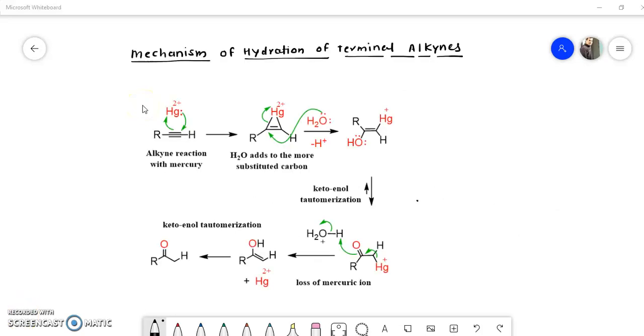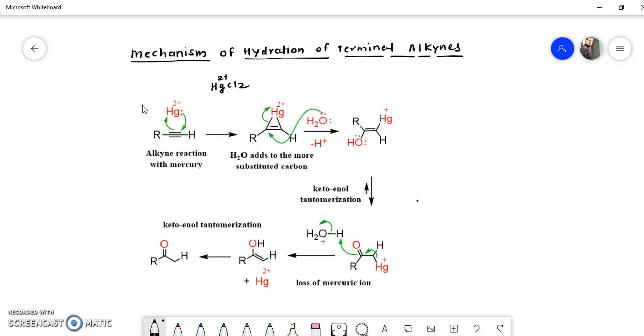Okay, now this is the mechanism of hydration of terminal alkynes, how the reaction occurs by mechanistic steps, that I'm going to explain. So consider this as an alkyne, a terminal alkyne. I said earlier that when a terminal alkyne is there, HgCl2 is used along with H2SO4 to increase the reactivity of the terminal alkyne. So HgCl2 means Hg2 plus here. Okay, so this Hg2 plus reacts with this triple bond to form this cyclic intermediate. Okay, so this cyclic intermediate is highly reactive, and to this cyclic intermediate a water molecule gets added.